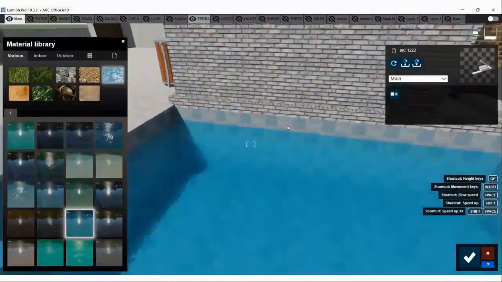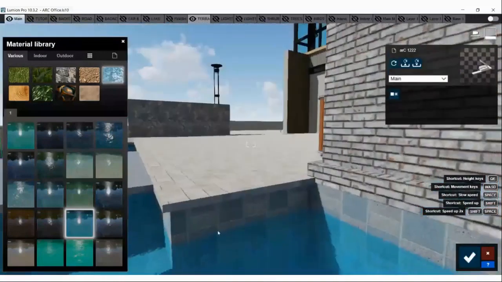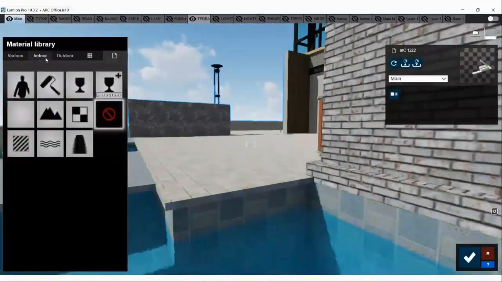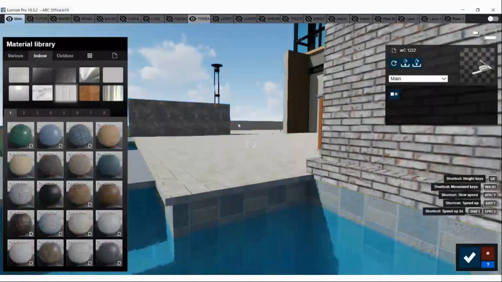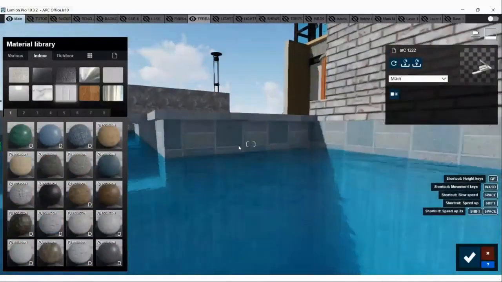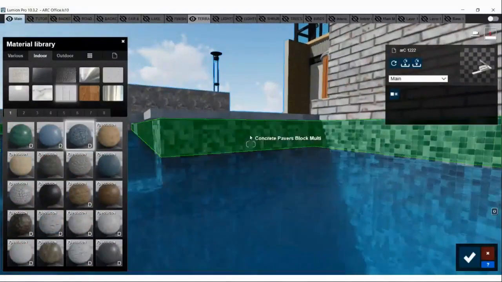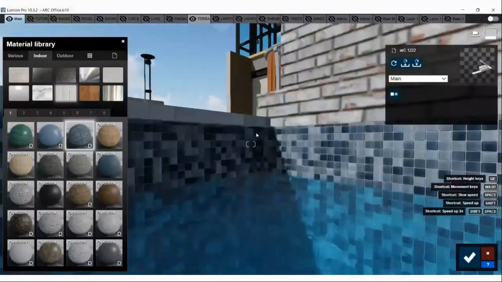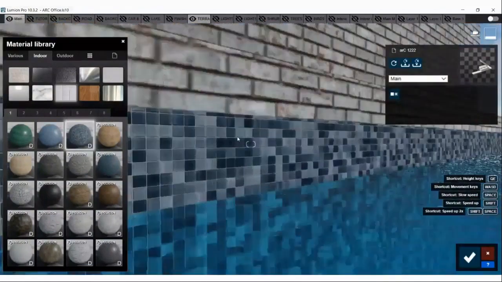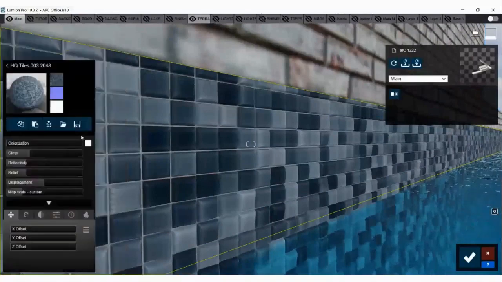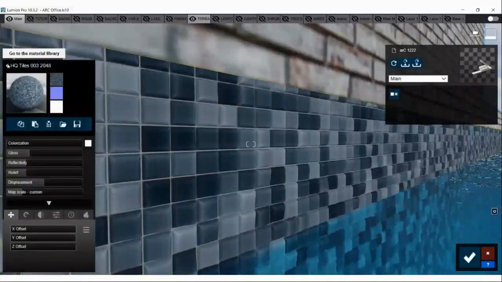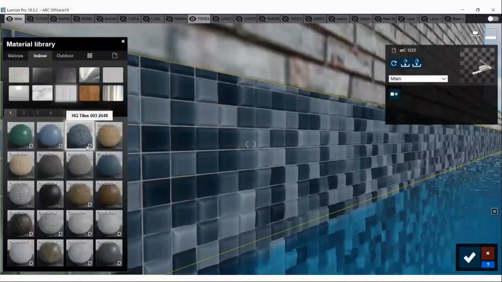Now another thing is that we will quickly change the pool tiles with the displacement. So there is a separate tab for the tiles, and we'll see, okay, these are the pool tiles and how the displacement map works. If you check, here a small d is given at the right side corner.